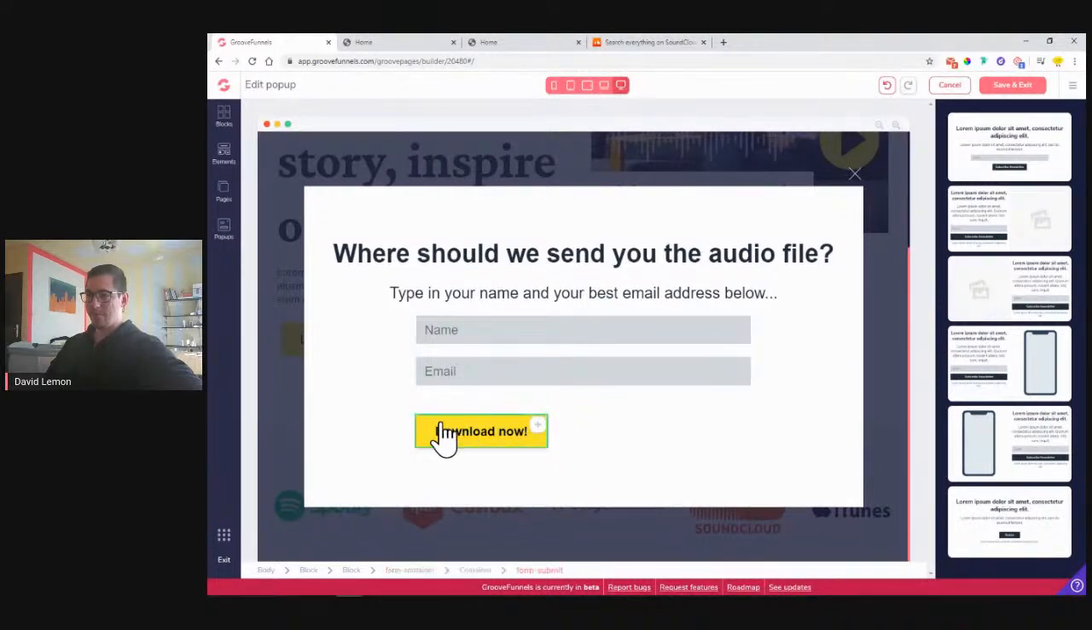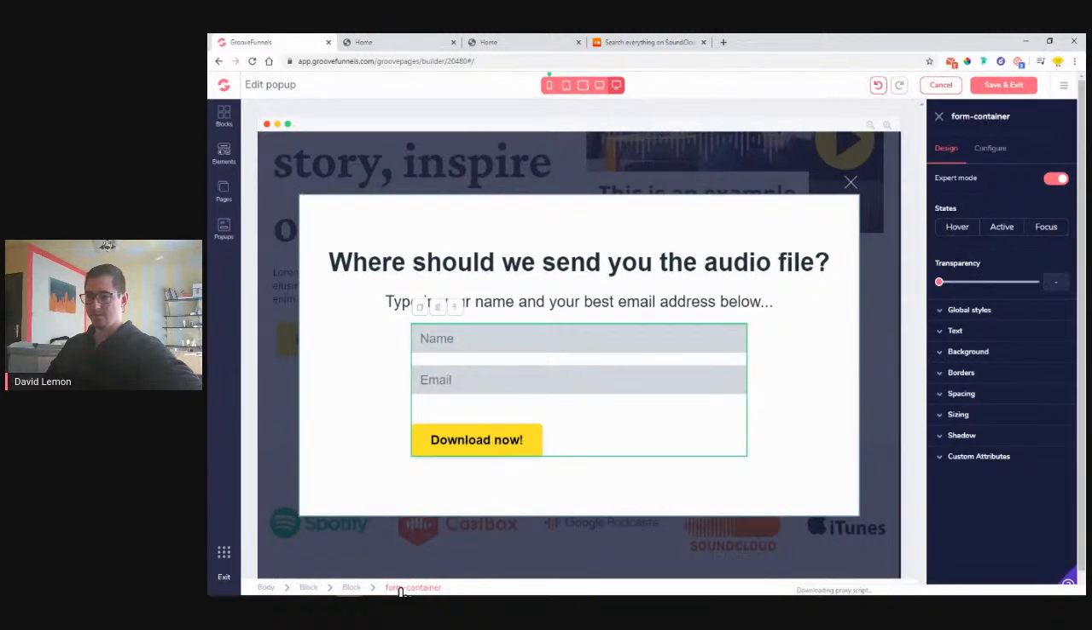So now I want to make this button appear in the center of this container. So I click on the container. You see, I chose the form container, and then I actually want,